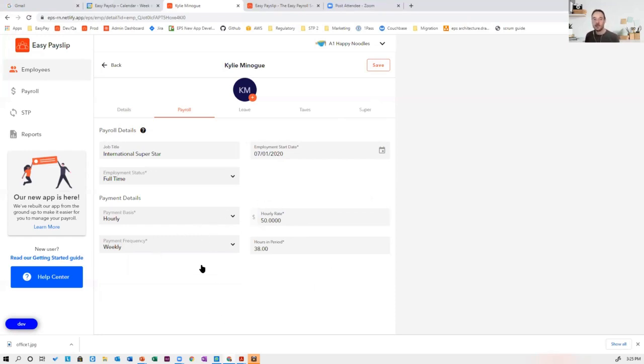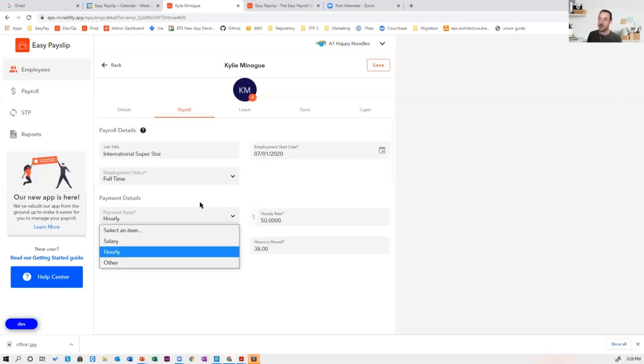Now, a couple of important things to understand here. Whatever you enter here, it will be proposed each time you do a payslip, but you can always overwrite it on the payslip, so you are not locked in. If you know that someone always gets $50 an hour, by entering it here, it means that will come up on the payslip and you will have an opportunity to accept that value or to change it. So this is just putting down the most typical scenario.